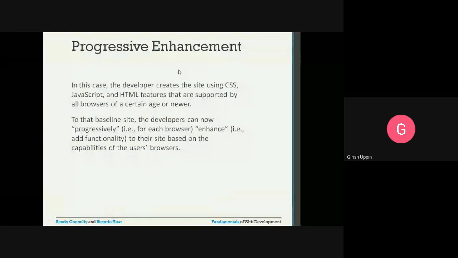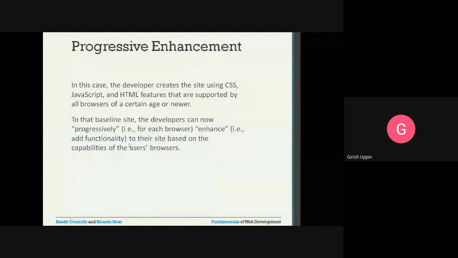In this case, the developer creates the site using CSS, JavaScript, and HTML features that are supported by all the browsers of a certain age or newer. So maybe 2-3 versions. To that baseline site, the developers can now progressively, that is, for each browser, enhance, that is, add functionality to their site based on the capabilities of the user's browser.